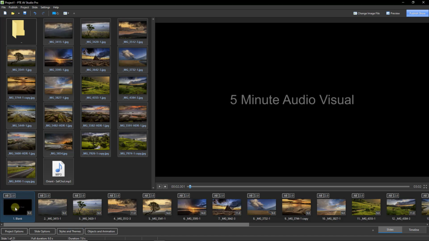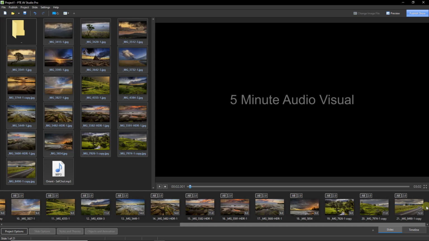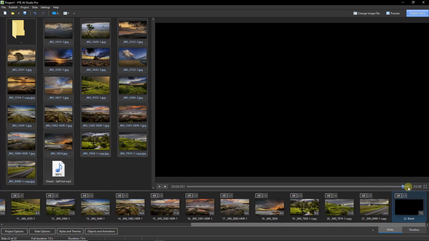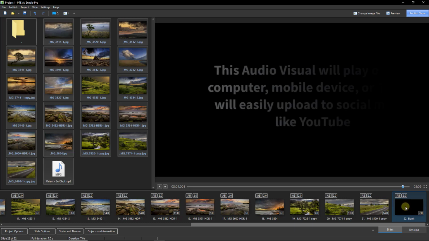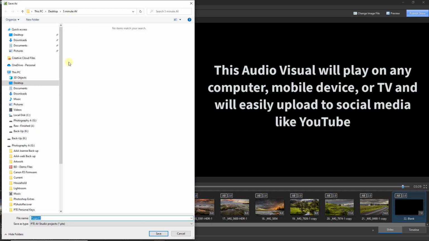Now we need to put a blank at the end of our slideshow to finish. So we need to scroll to the right, click at the end and then right click and insert a blank slide. And before we go any further, we should save a project file. Now let's go to File, Save As, into our project folder. I'm going to call this my 5-minute AV,